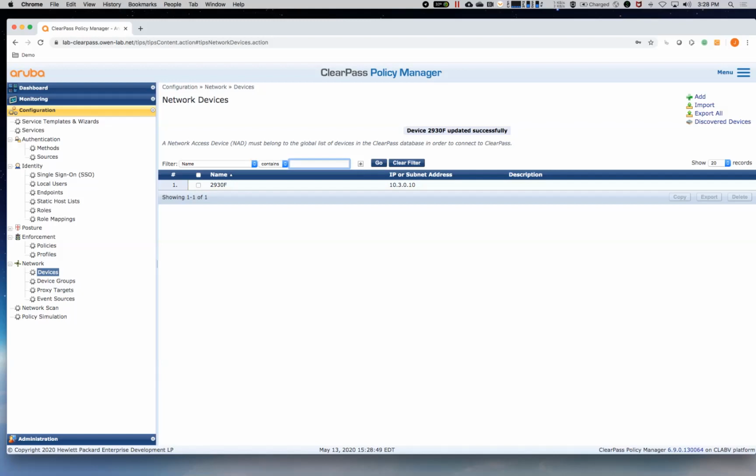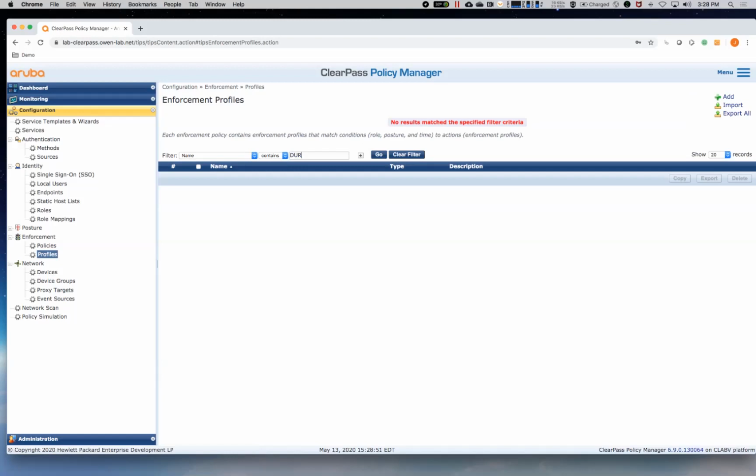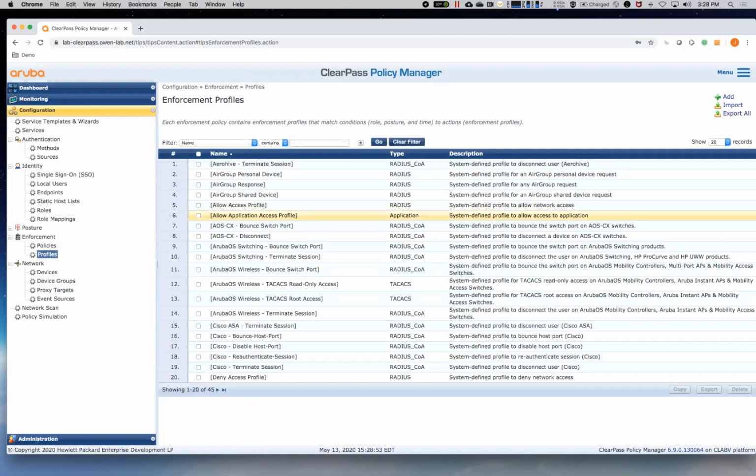So now the next step is we actually create our enforcement profile. This is where we actually take action based on the type of device that connects and the method of authentication. So if a printer connects to the network and does a MAC authentication, we're going to return a printer role to the switch. So the way we actually do that